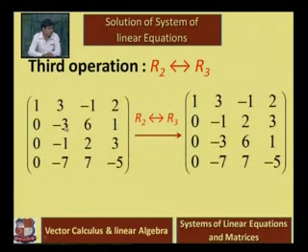So to convert that minus 3 to 1, we interchange the second row with the third row, doing this operation R2 to R3. After this row operation, the matrix is given: 0 minus 1 2